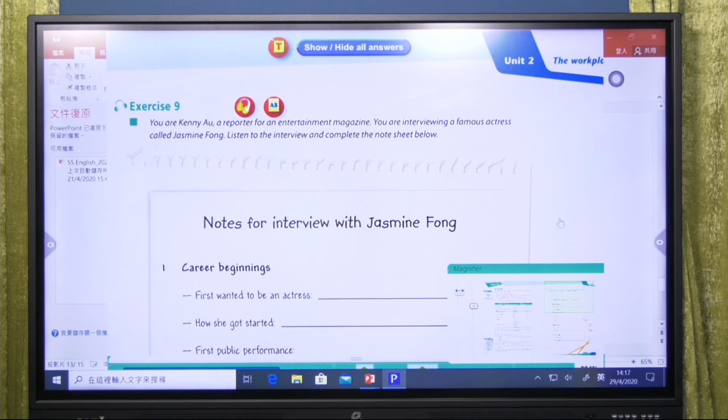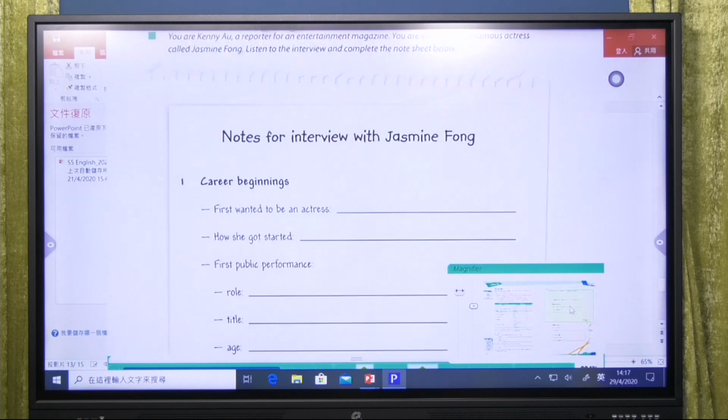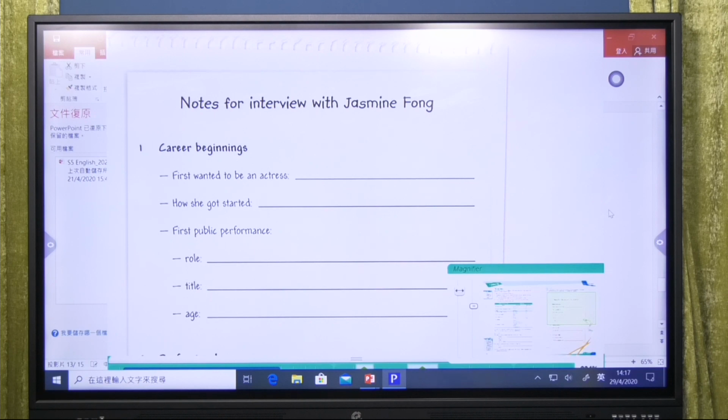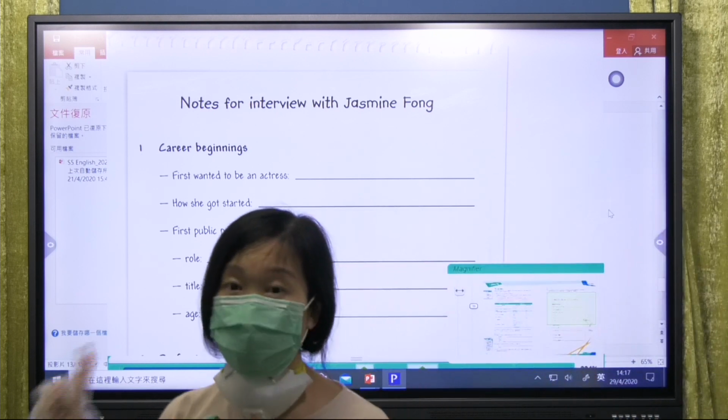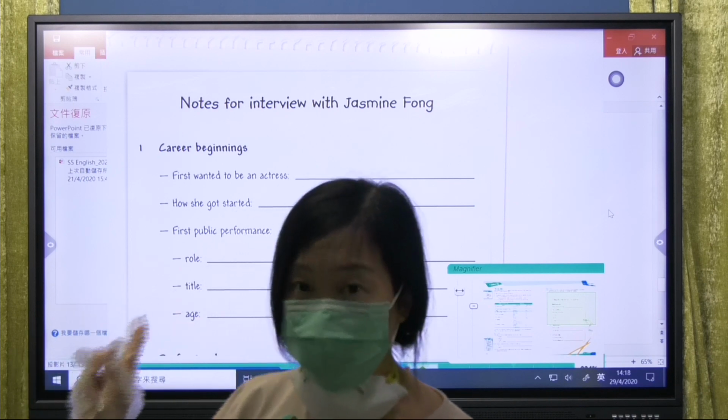Exercise 9, page 37. You are Kenny Au, a reporter for an entertainment magazine. You are interviewing a famous actress called Jasmine Fong. Listen to the interview and complete the note sheet below. You now have 20 seconds to familiarize yourself with the note sheet. Remember, you need to use the short form to finish this exercise. Write it in short form,